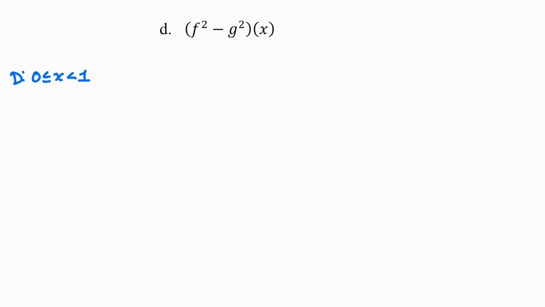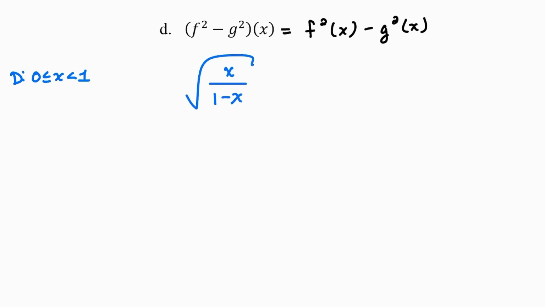All right, and this last problem here, it's an interesting one because what we're going to do is square f, square g, and then subtract them from each other. So f is this, all inside the square root, and then we're going to square that. And then we're going to subtract g, which is this, and then square it. Well, if you square a square root, they cancel each other off. So we're going to do x over 1 minus x,